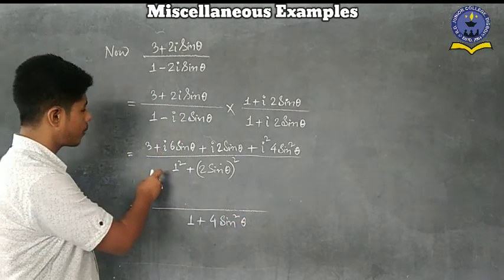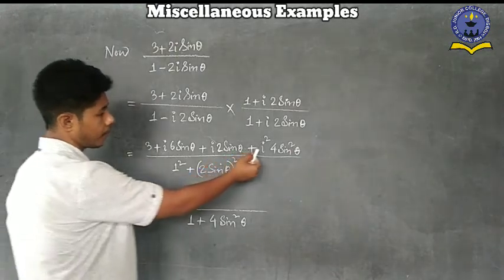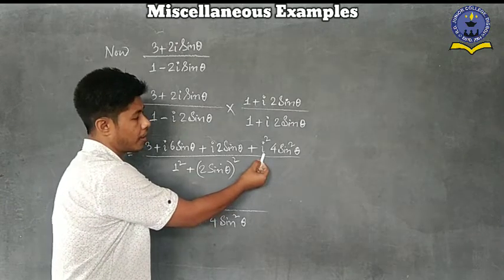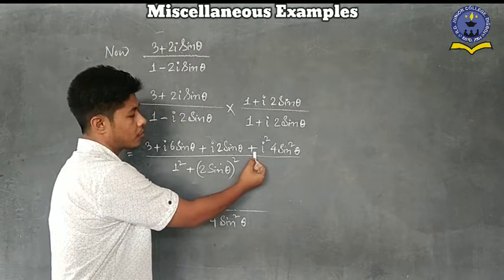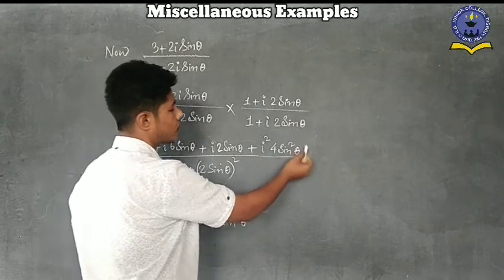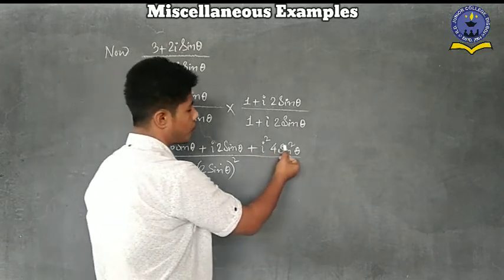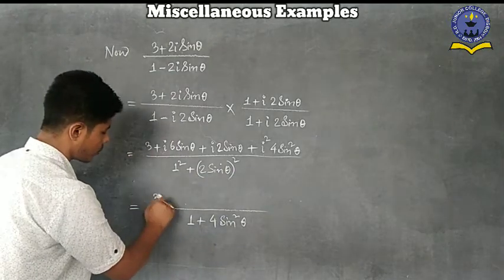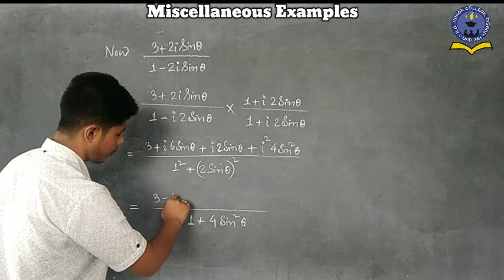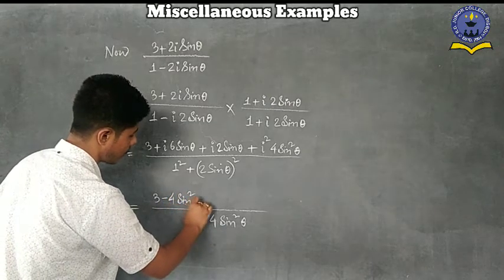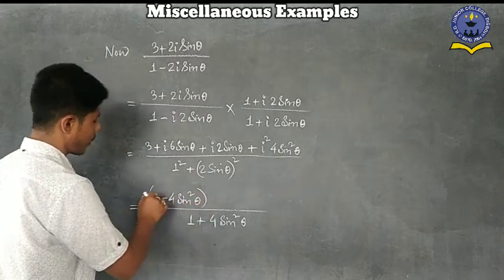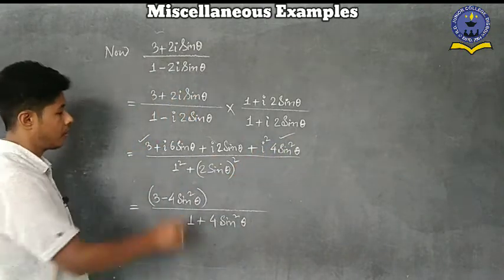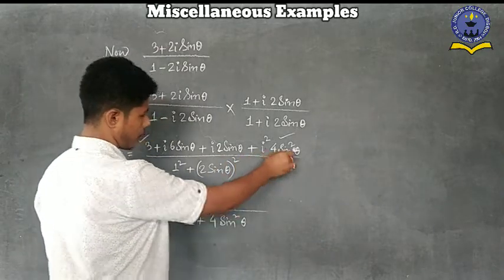And the numerator part, what you have to write, now let's see here, i square. If you see this one, i square means minus 1, so ultimately there is no i, that means this one is a real number, so minus 4 sin square theta, and already 3 is here, so that's why we have to write here 3 minus 4 sin square theta. This one is the real part at first we write. Which two? One is this one and another one is this one. Is it clear? 3 i square minus 1, 3 minus 4 sin square theta.